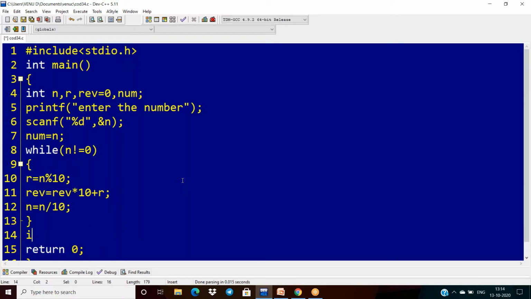Okay, and then after this, what is my intention? I have to compare this reverse with the actual input. What is the actual input? Num. Don't take n here. Reverse, input is num. Now if it is true, then it is palindrome.